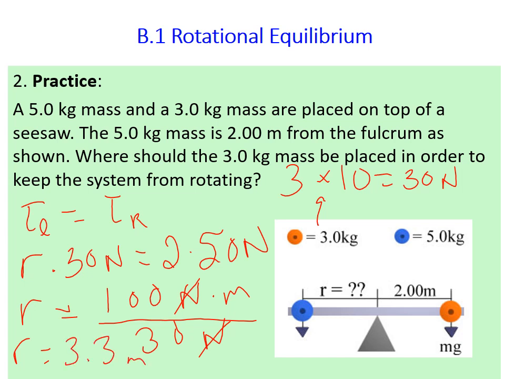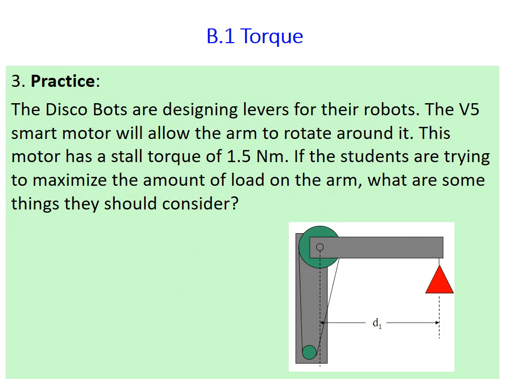Next up, problem number 3. Practice 3. The Discobots are designing levers for their robots. The V5 smart motor will allow the arm to rotate around it. This motor has a stall torque of 1.5 newton meters. If the students are trying to maximize the amount of load on the arm, what are some things they should consider? Just so you know, the motor works right here where I'm circling, and it acts to spin this